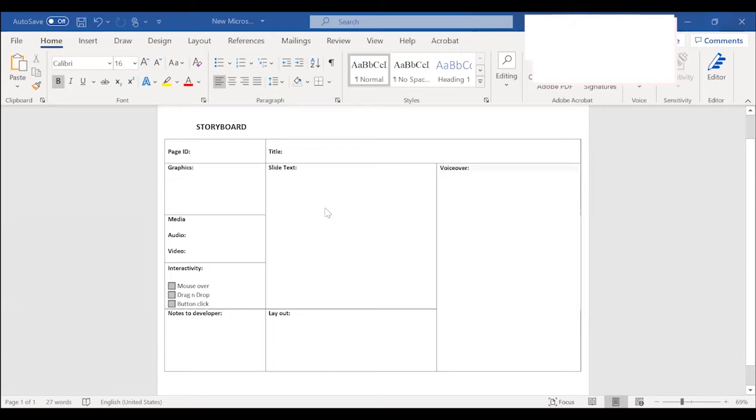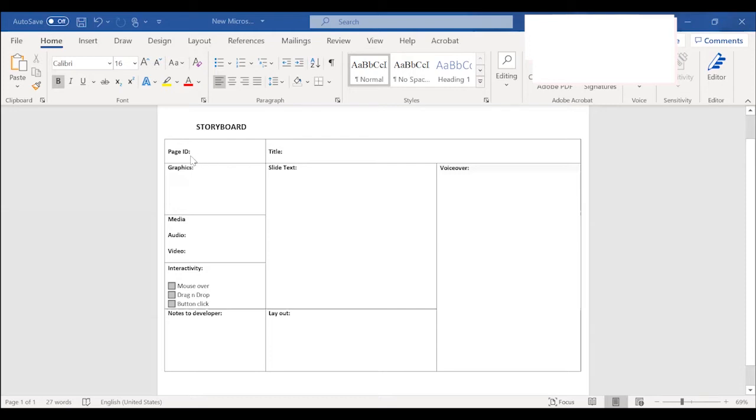So right now I have a storyboard template open, and this is one of my most favorite templates that I mostly use in my courses. As you can see, it is empty, and I can explain all these terms and then we can move to the one that has been filled already. The first step in the process will be that I will explain the terms that have been mentioned in this template.